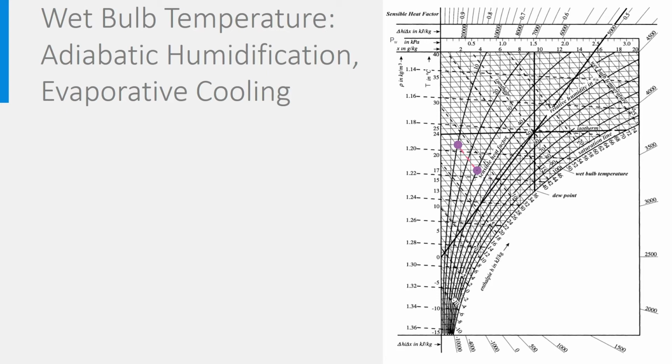Evaporative cooling works exactly the same way, with now cooling as main perspective. Let's take humid air at 30 degrees Celsius and an absolute humidity of 10 grams per kilogram, corresponding to a relative humidity of 38%. This temperature is too high to ensure comfort. The air can be cooled easily to 25 degrees, for instance, by injecting water droplets until the right temperature is achieved. The process takes again place along the constant wet bulb temperature line until 25 degrees is achieved. At that point, 1 kilogram dry air contains 12 grams water vapor. During this process, the relative humidity has increased to 60%.